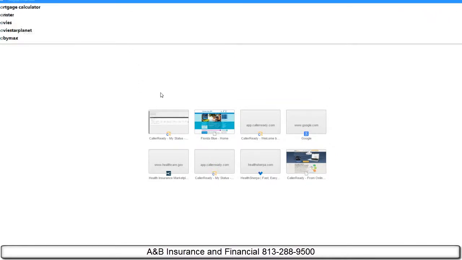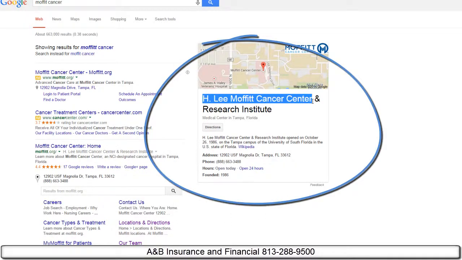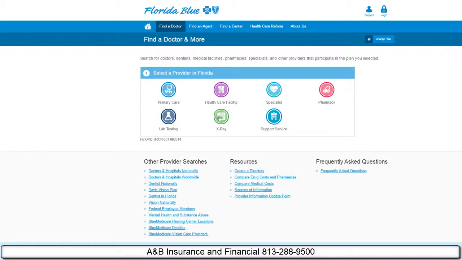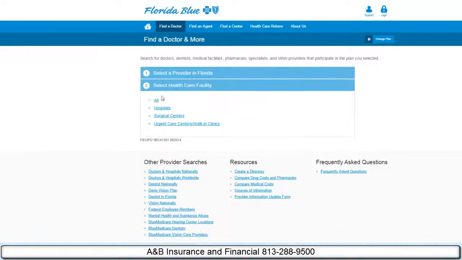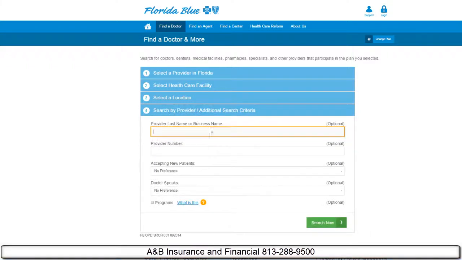So if I was looking for Moffitt Cancer and I wasn't sure of the spelling of Moffitt Cancer, when we look for this, we can also see that it's listed as H. Lee Moffitt Cancer Center. Spellings of names and spelling of doctors' names and facility names can cause us a headache when searching for our doctors. Now if we come back to the provider search, I look for healthcare facility, click on all. Again, looking in a particular location, and I type in H. Lee Moffitt,